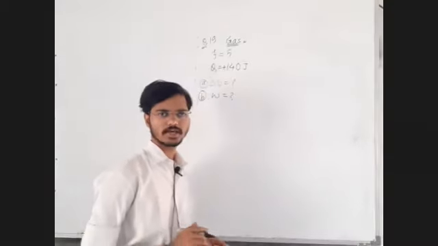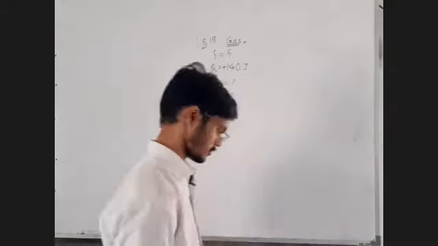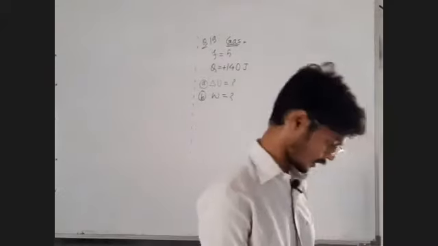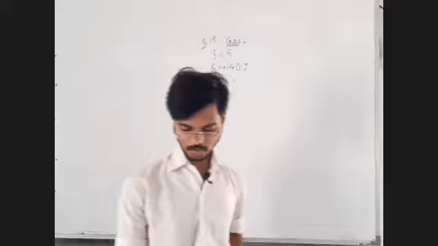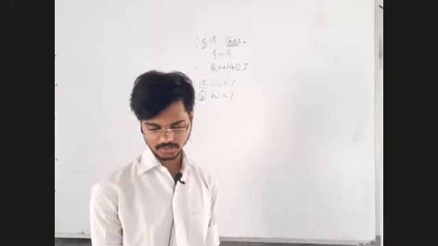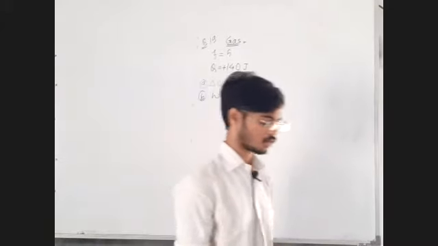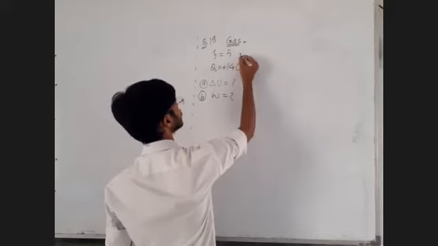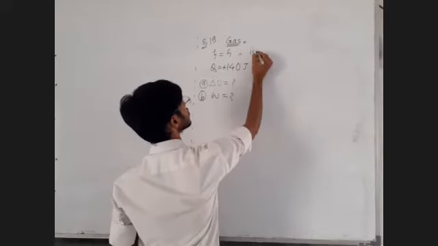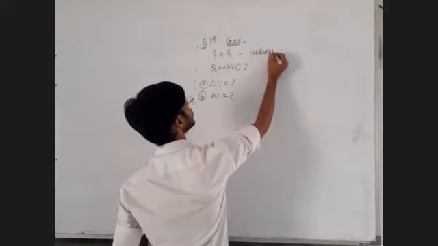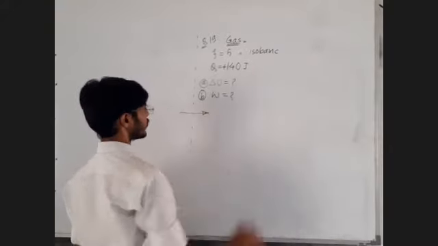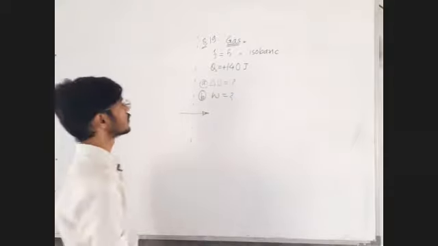Ansh is saying, sir, isobaric. Is it given in the question that the process is isobaric? Let me read it again. A sample of ideal gas, f equal to 5, is heated at constant pressure. Okay. So the process is isobaric. Yes, now we have one more data. That will be enough. Now see how the solution goes.